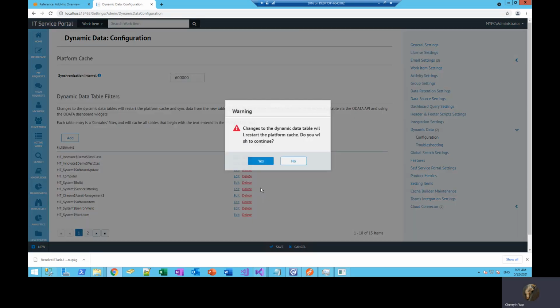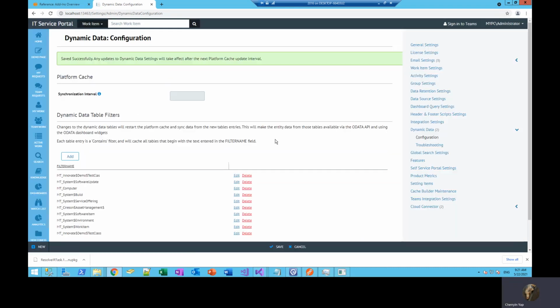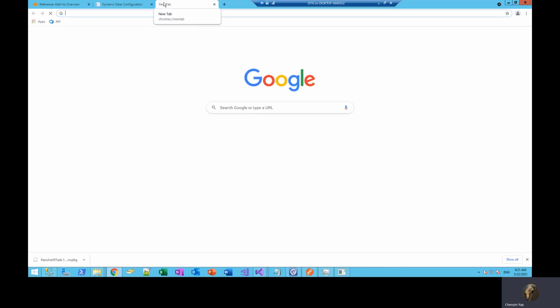Once we click on save, you will get a notification that the platform service or platform cache would have to restart to sync your data in. Just click on save, and it will prompt you for a successful update.